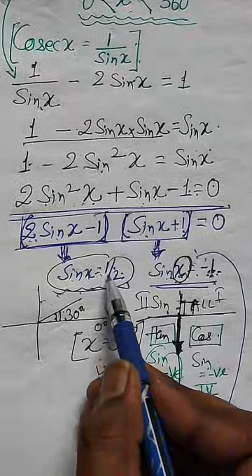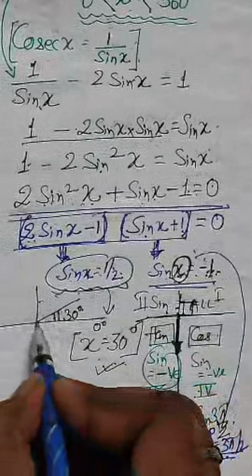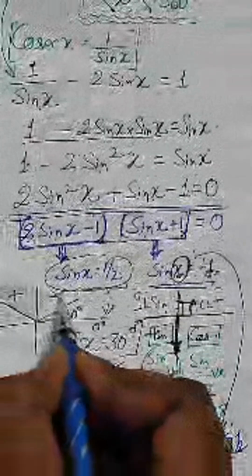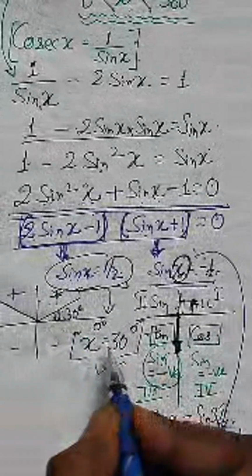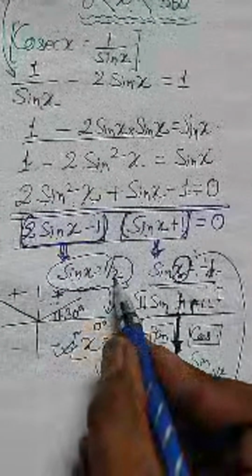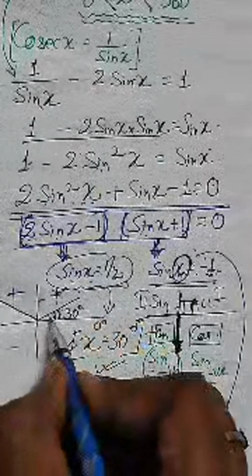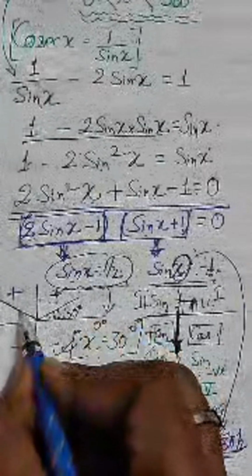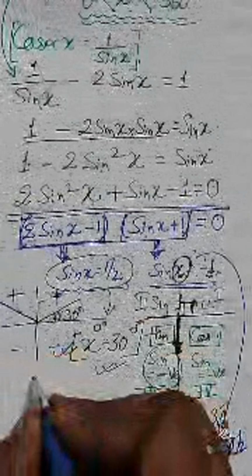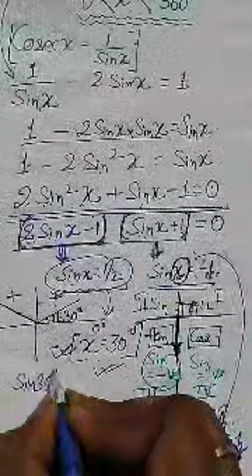Here you can see the positive sign of sine x. So positive sine is happening either in the first or in the second quadrant. So here sine is positive and here also positive. Here it is negative, negative. So sin 30 degree is one of the solutions for sin x equal to 1 by 2, right? And this is also happening at 30 plus here. That is maybe either 30 or 150. How? You can see sin 30 degree is 1 by 2